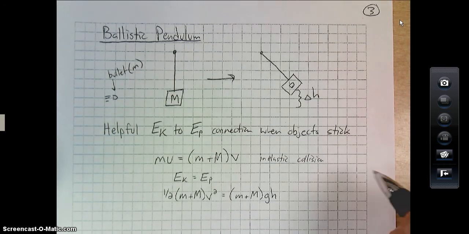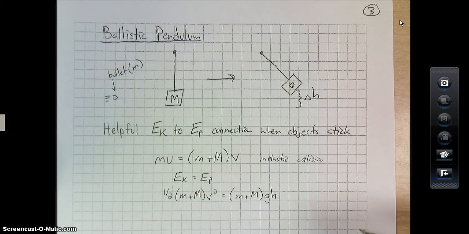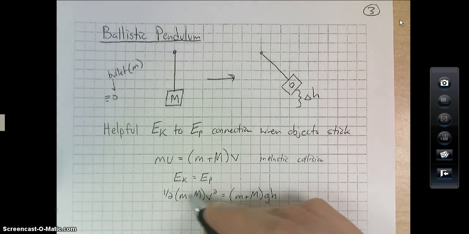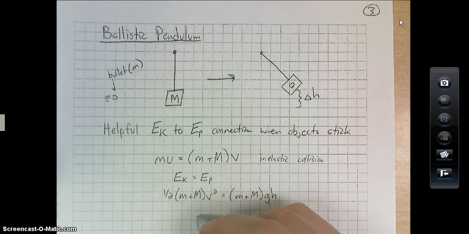First thing you ought to notice is you have m plus big M on both sides, so those go away. You would end up having 1/2 v squared on one side and gh on the other. So I can bring the 2 up to the other side, and you end up with a velocity of